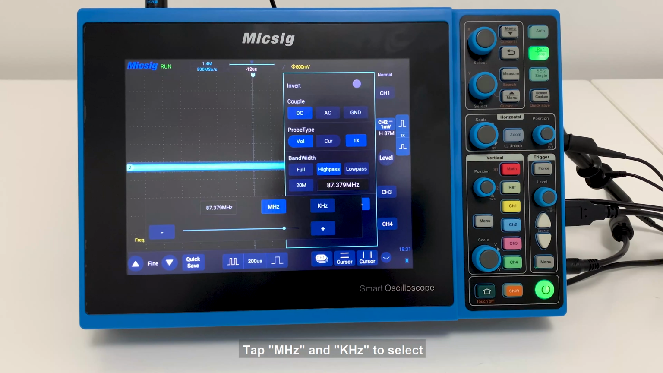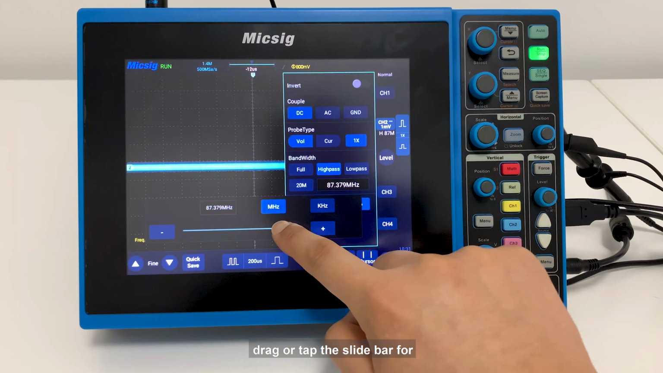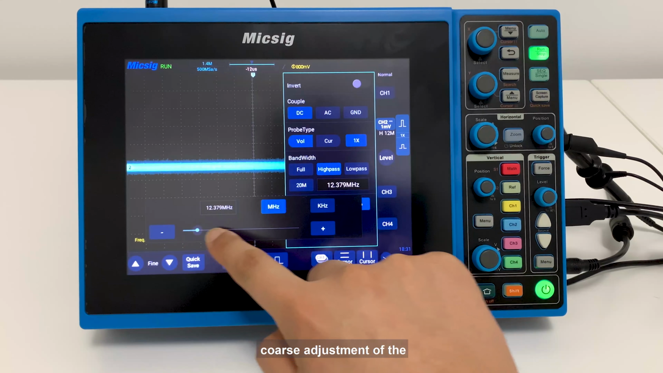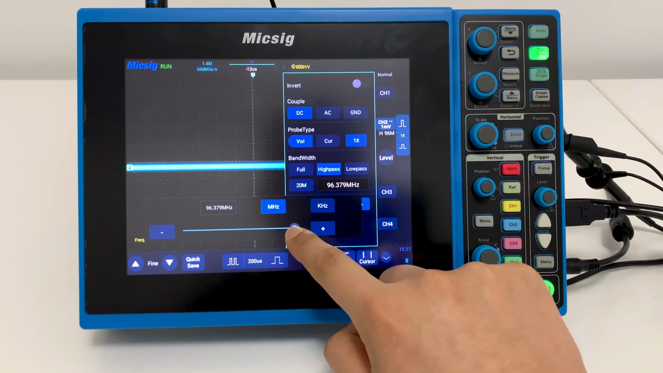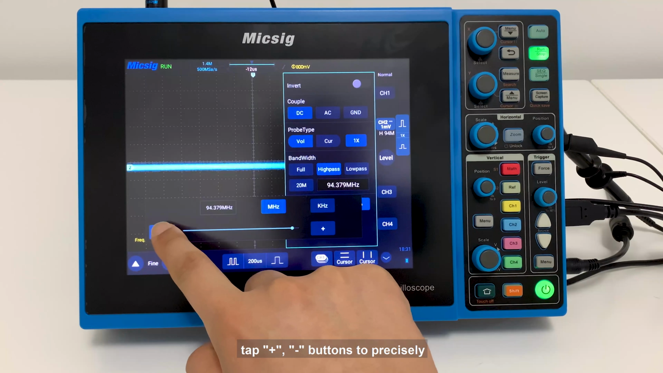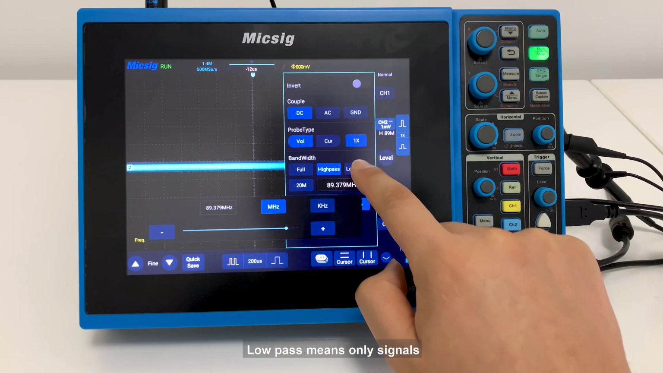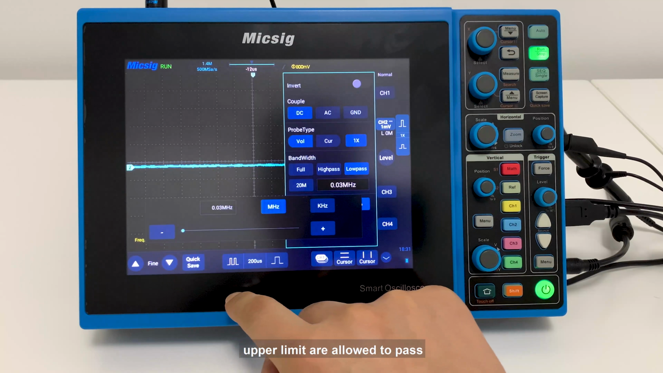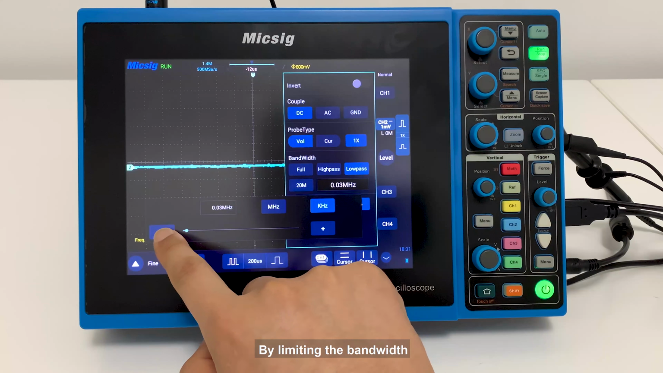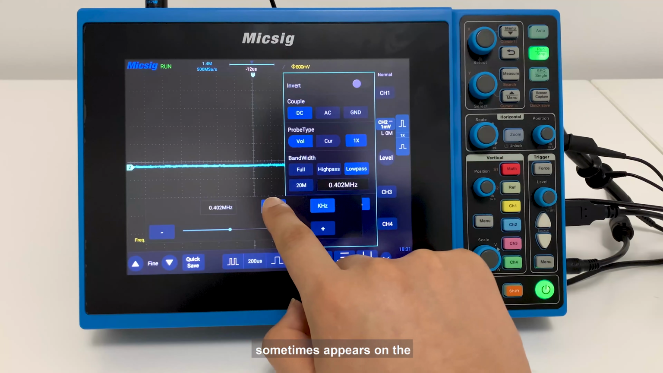Tap megahertz or kilohertz to select the frequency scale. Drag or tap the slide bar for coarse adjustment of the maximum frequency allowed to pass. Tap the plus and minus buttons to precisely adjust the frequency. Low pass means only signals below the currently set frequency upper limit are allowed to pass. By limiting the bandwidth, we reduce the noise that sometimes appears on the displayed waveform, resulting in a clear signal